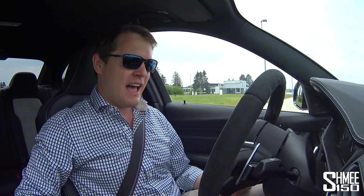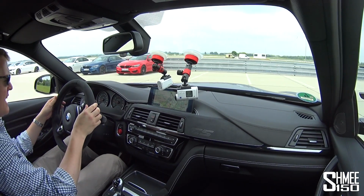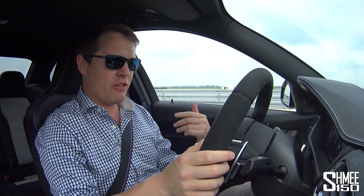So let's put it into gear, handbrake off, and head out onto the roads to discover what this car is like. We're starting off actually in the configuration that it has in front of me, so automatic on the gearbox, but in the softer of its 3 individual modes. We have efficient for the powertrain engine response side of things, sport for the suspension, sport for the steering, and you can customize this